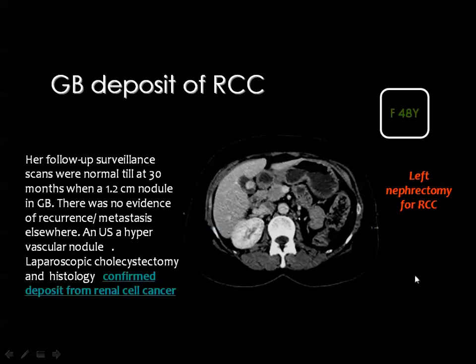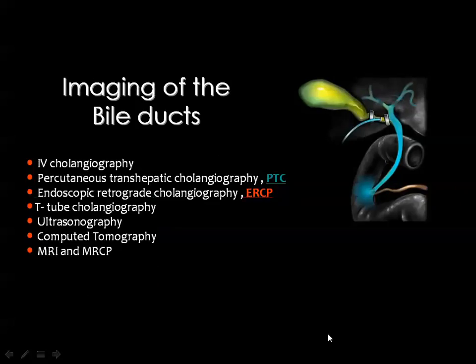And this is a case of renal cell carcinoma. The patient had nephrectomy of the left kidney, and there is an enhancing lesion inside the gallbladder confirmed as deposit of renal cancer. Then we have finished with the issues of the gallbladder, and we are now going to deal